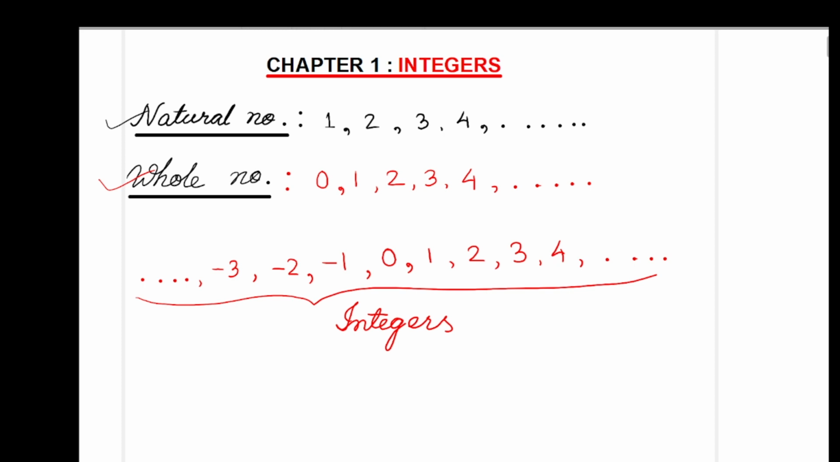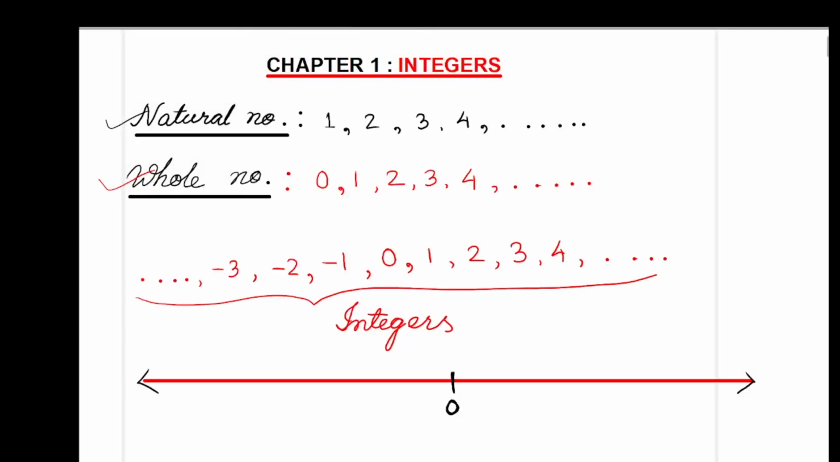Suppose this is the number line. When you draw the number line, because it is never ending, we have to give an arrow mark on both sides. Here it will be 0. It is a balancing point. Then 1, 2, 3, 4, 5. On the left-hand side, -1, -2, -3,